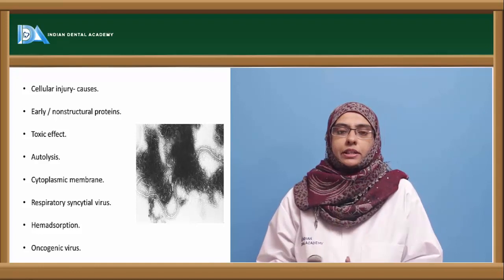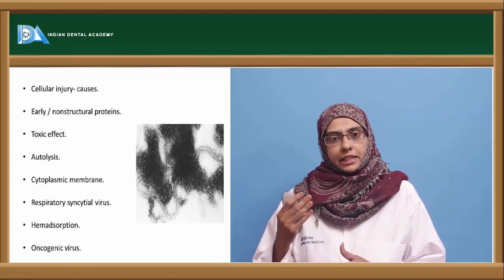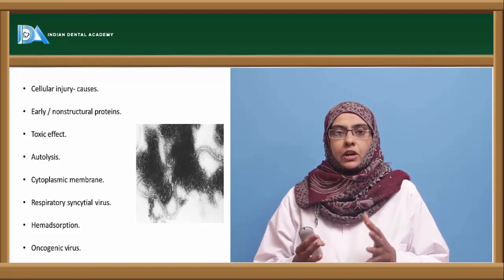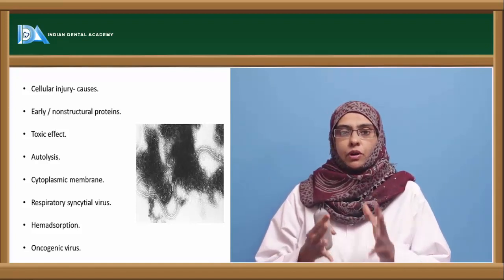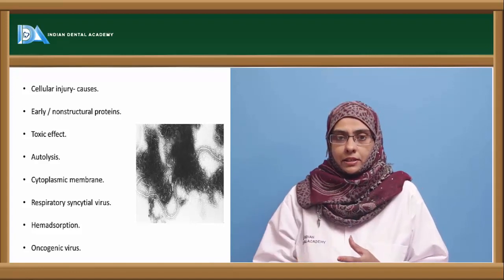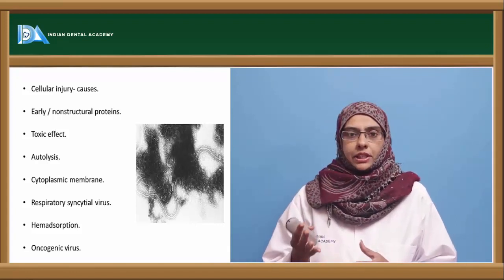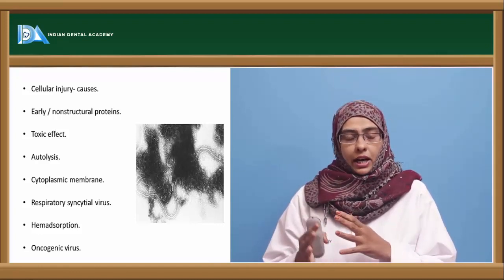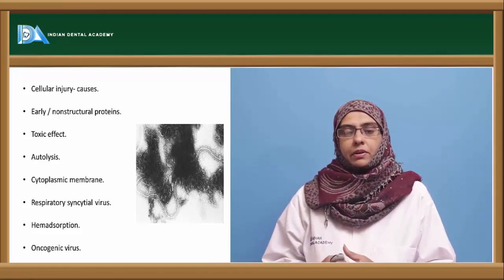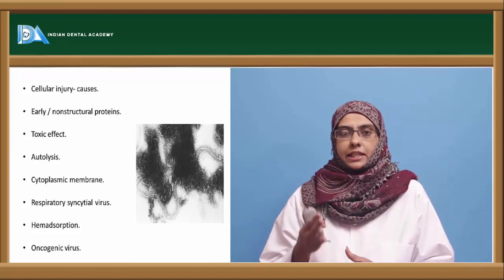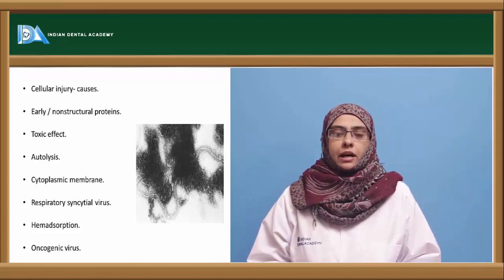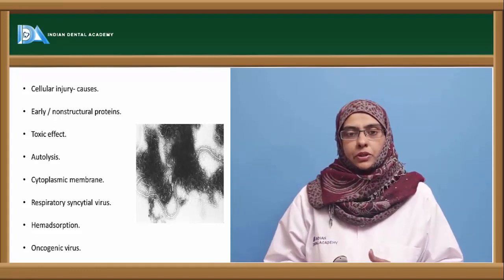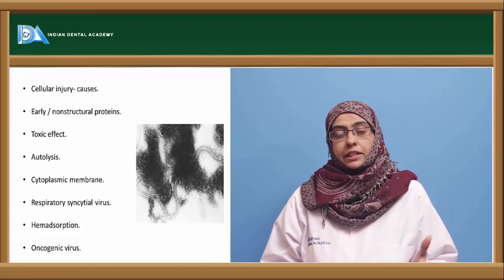That is called polykaryocytosis or syncytial formation. An example is the respiratory syncytial virus, which has the ability to form multinucleate giant cells in the media, which are usually used in cell culture techniques. Here you can identify the growth of the organism with the help of the multinucleate cell or the syncytial formation. And apart from that, the viruses, after multiplying and releasing their progeny, express certain types of antigen